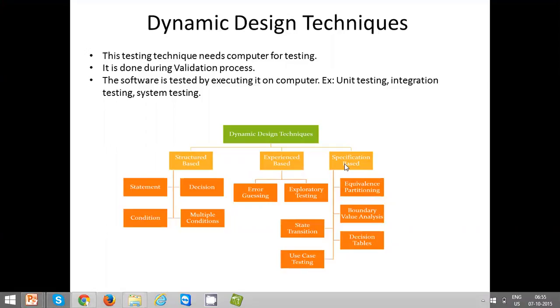How the code is written, he doesn't need to bother about all those things. Just based on the behavior of the system, he will be writing the test cases. That's one thing. Whereas in structured based, the tester needs to know how the system works internally,